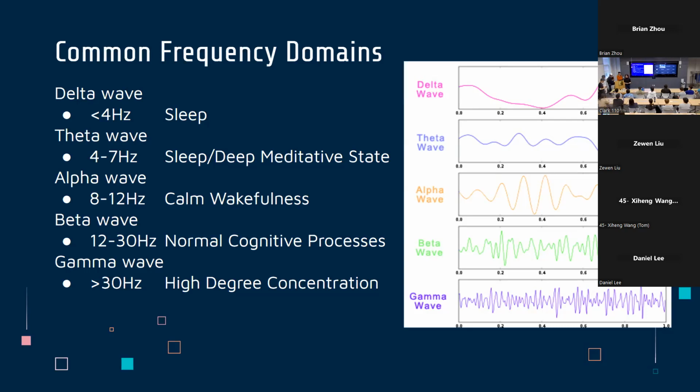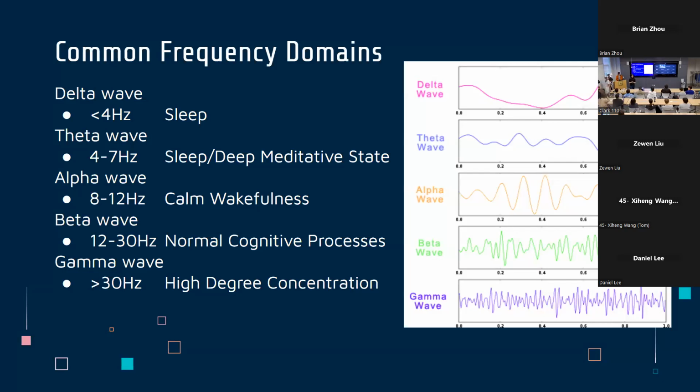There's a theta wave that's from 4 to 7 hertz. That's when you're in a sleep or deep meditative state. And the alpha wave, at higher frequencies, 8 to 12 hertz, is calm wakefulness. Then the beta wave, 12 to 30 hertz, is normal cognitive processes, and the gamma wave, greater than 30 hertz, has a high degree of concentration. So intuitively, this makes sense. I hope it does, because when you really think about it,